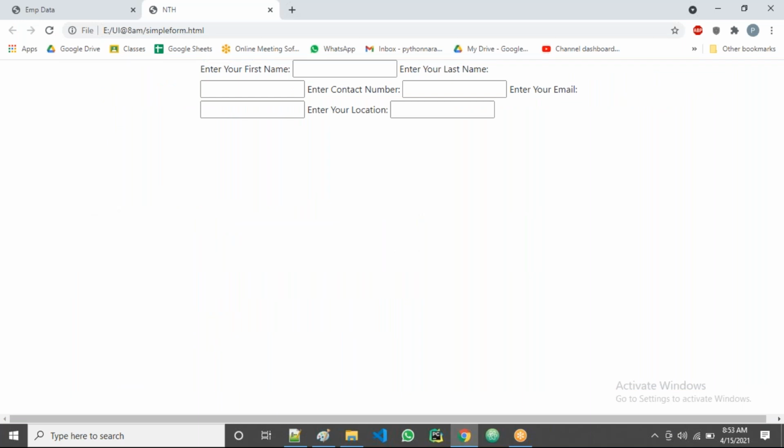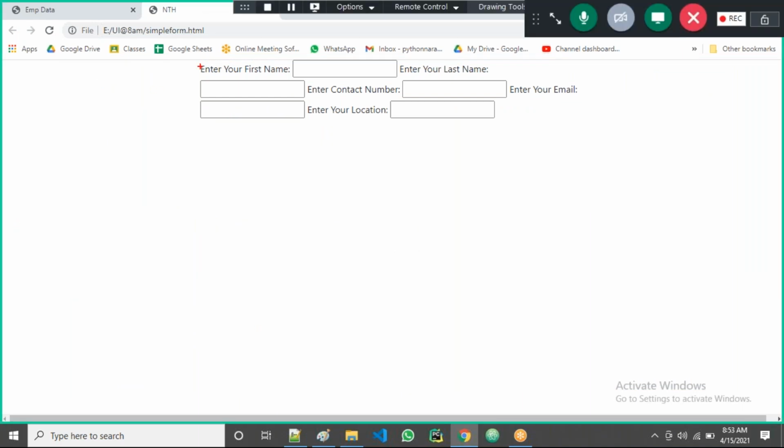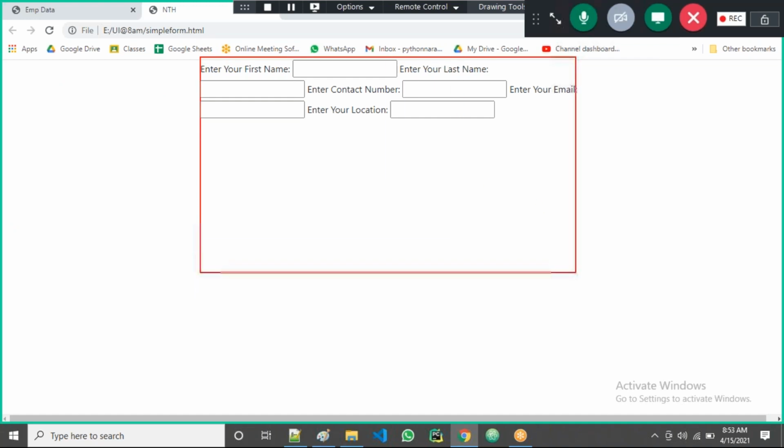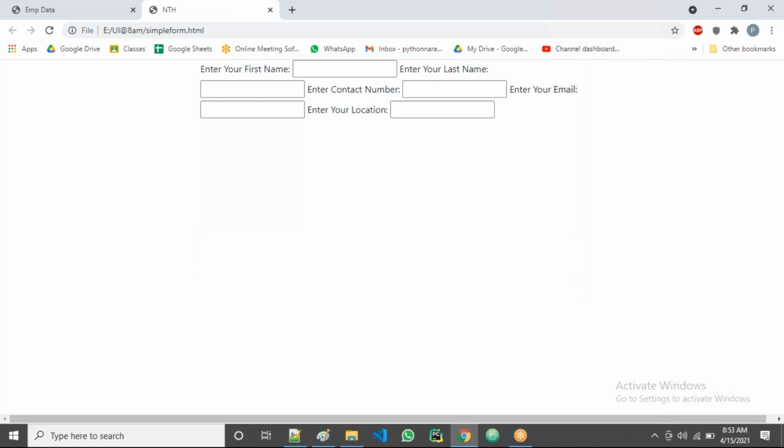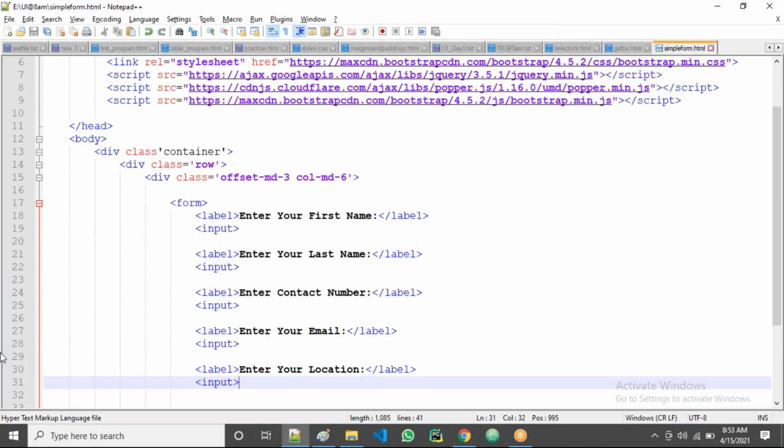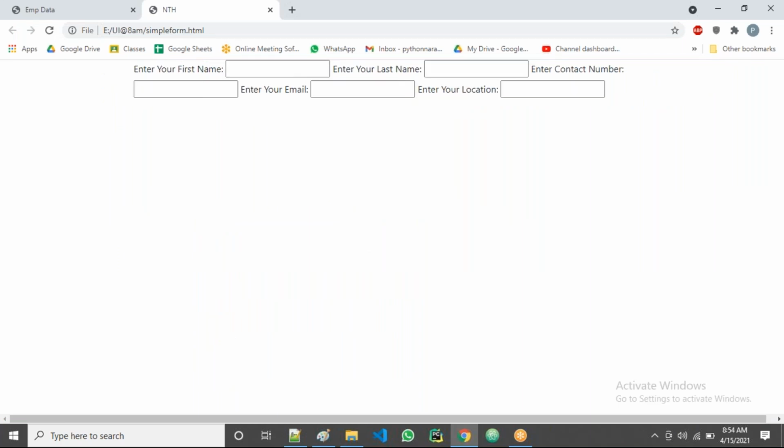Suppose, see, now we can say that this is the width of 6 columns. Suppose I take more columns, skipping only one column, or skipping 2 columns and using 8 columns, guys. Now all of you observe here.